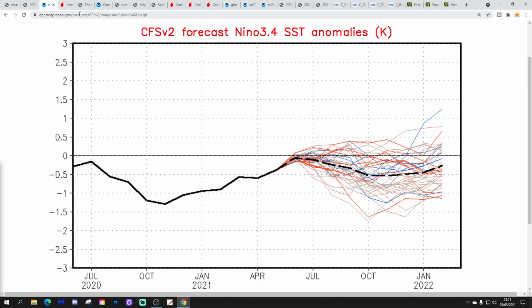CFSV2 is forecasting that we will stay around ENSO neutral through the autumn, just maybe entering borderline La Nina with the ensemble mean. That's the black dashed line just here. That wants to get us to borderline La Nina, down to half a degree below average, all important half a degree below average, into this autumn. So ENSO neutral to borderline weak La Nina being predicted